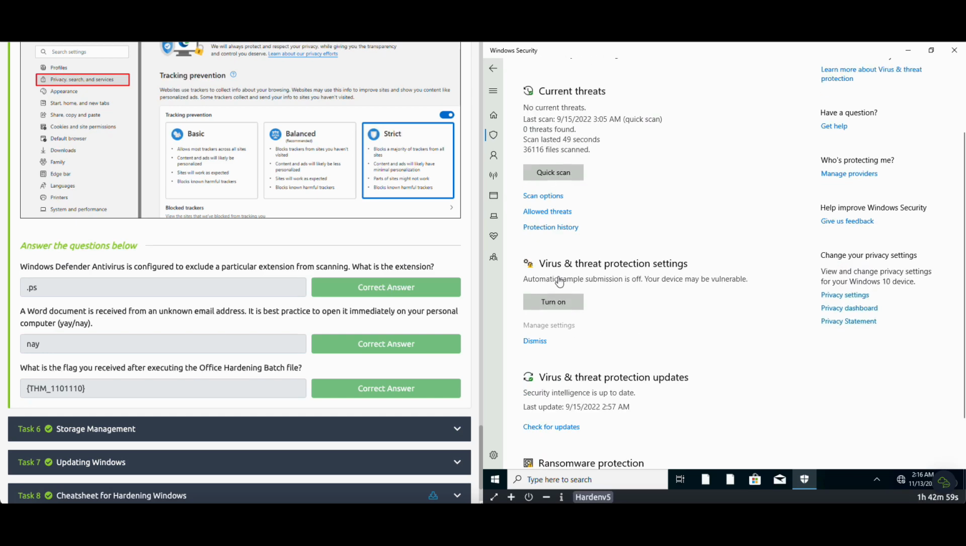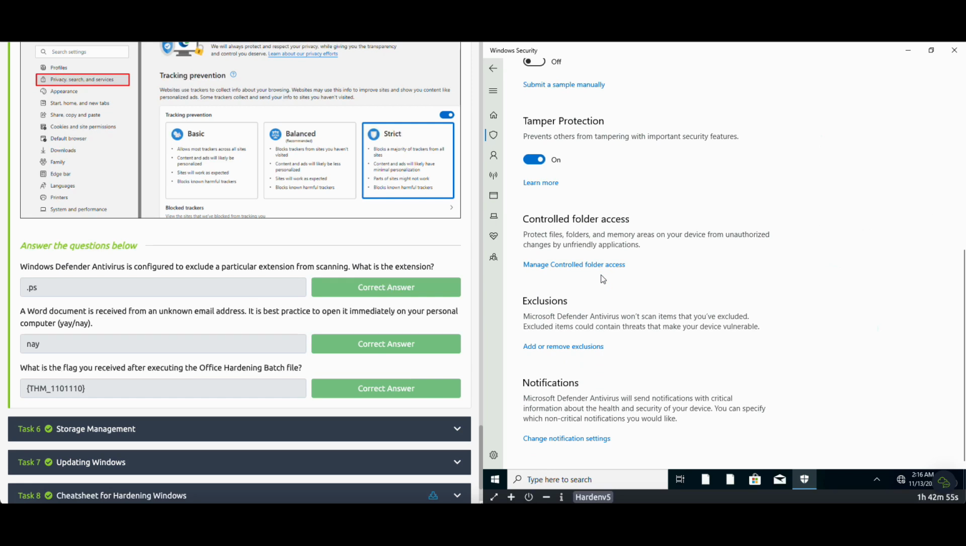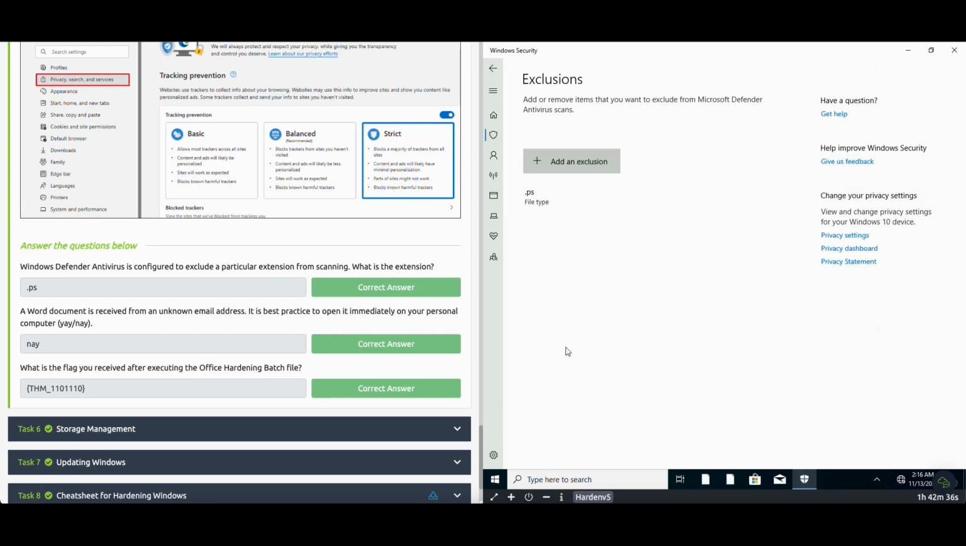Go to the manage settings, and here there is an exclusions part. Microsoft Defender antivirus won't scan items that you have excluded. Excluded items could contain threats that make your device vulnerable. So click on add or remove exclusions, and here